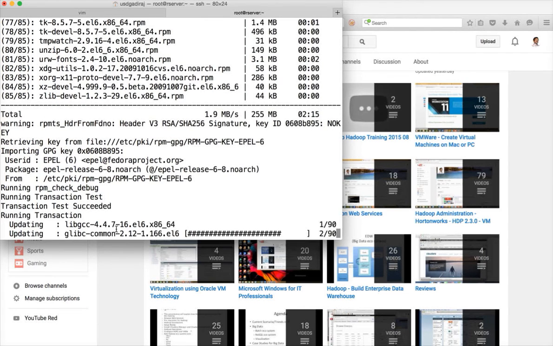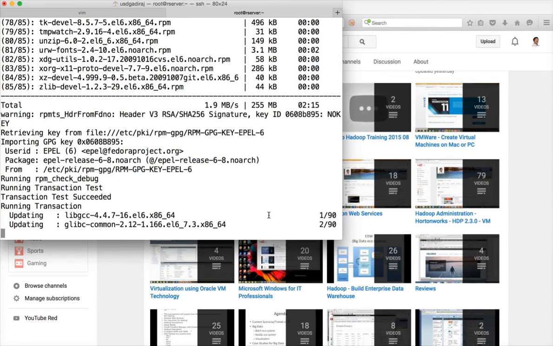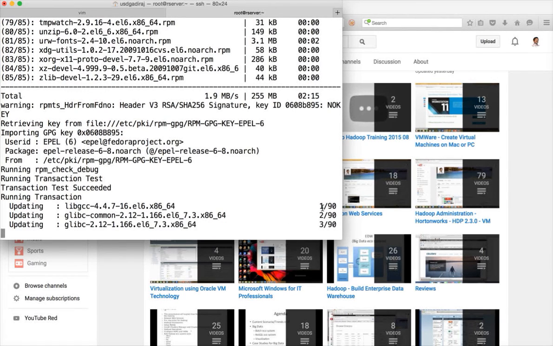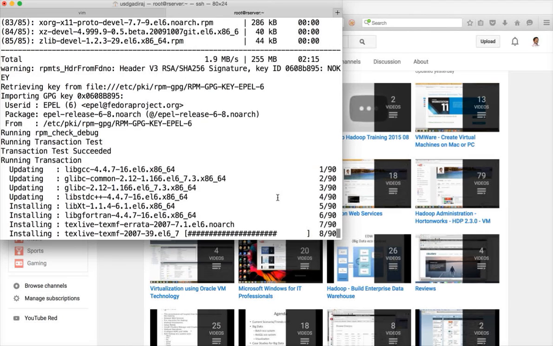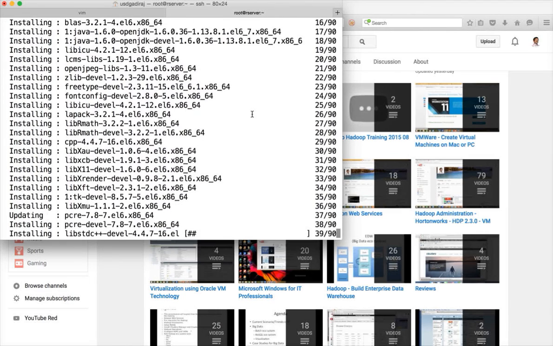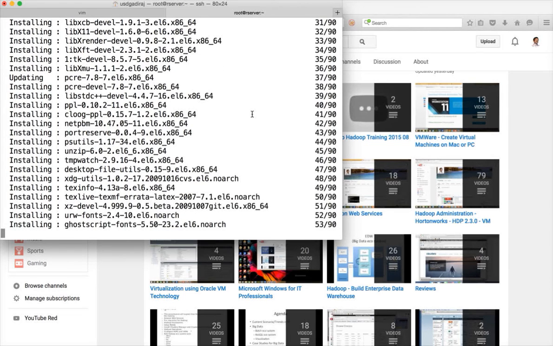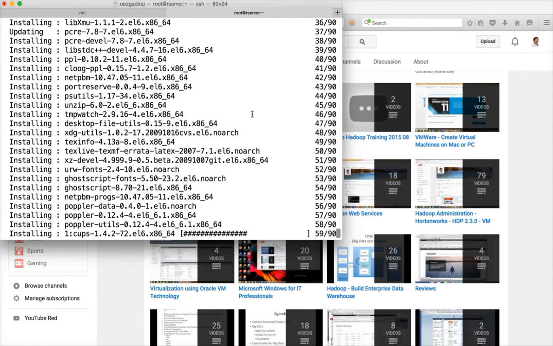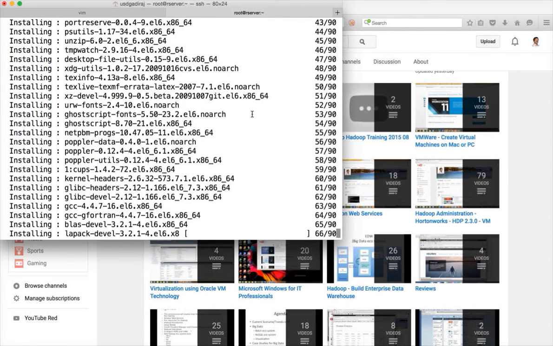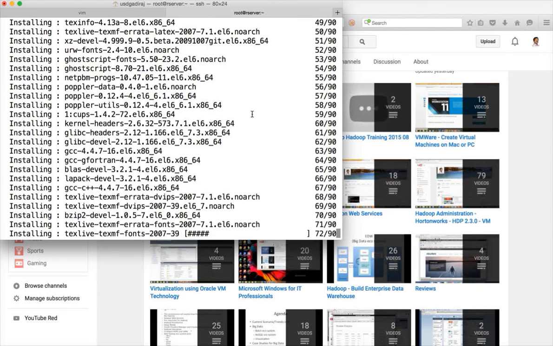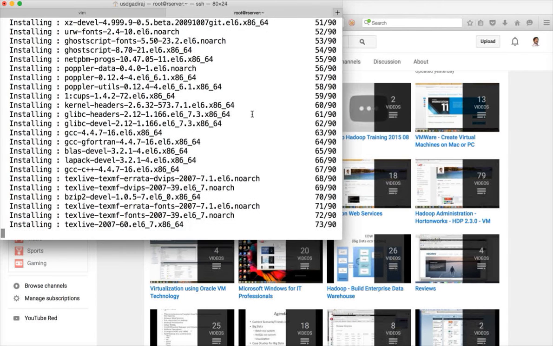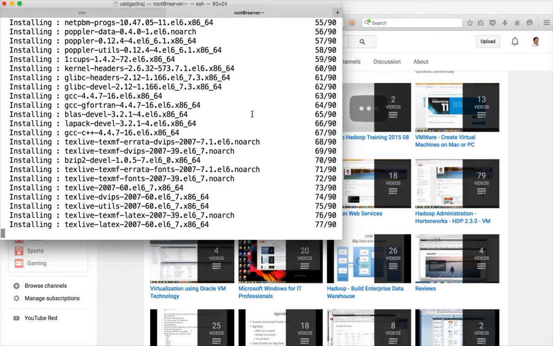So the download is done. Now the installation has started, and there are a few additional dependent packages which will be taken care of as part of this step. When you actually try to do this in an enterprise environment, it might not work as is. There could be some issues, and you need to troubleshoot and fix those things. But doing this exercise will give you a lot of comfort, and it will save you a lot of time to actually deliver a POC or a project as a data scientist